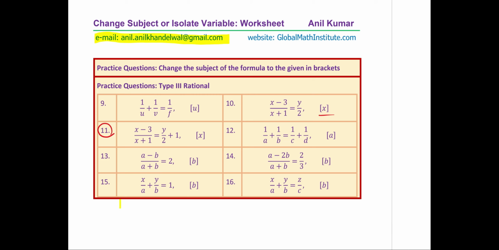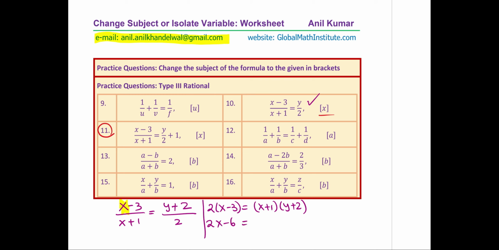So we have here x minus 3 over x plus 1 equals y over 2 plus 1. So we can take a common denominator 2 and we get y plus 2. Do you see that? Now we have a proportion, we could cross multiply and do it as we did the previous example. So we get 2 times x minus 3 equals x plus 1 times y plus 2. So we get here 2x minus 6 equals